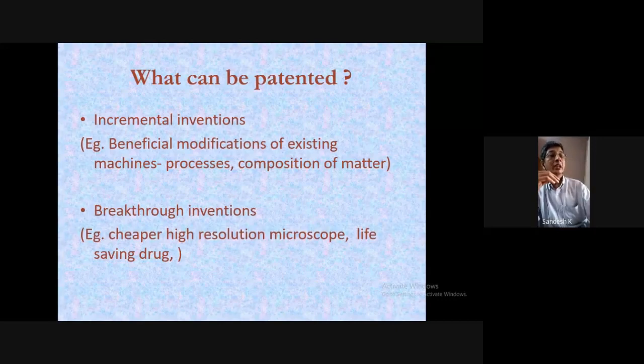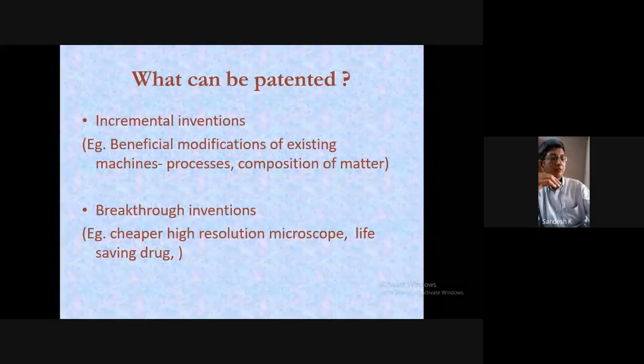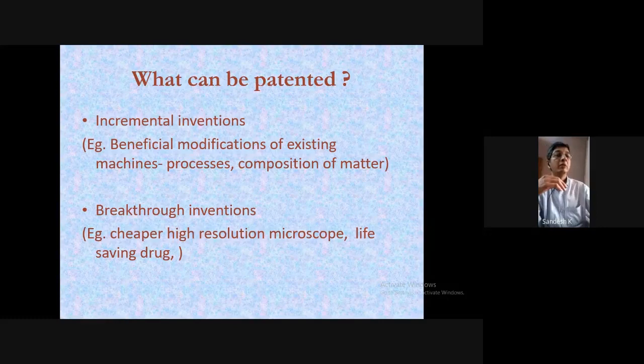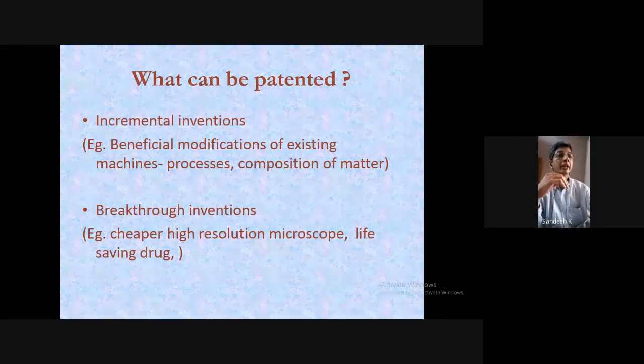Let's say you have given a 5% increment and you are saving 5% of the manufacturer's cost, giving a 5% benefit to the customer, and you want to patent. Nobody's interested, because the cost of the patent itself is much more than the 5%. So there is no point in going ahead. You have to balance the incremental invention you have done against the benefit you are going to give out of it. Then you can go for a patent.